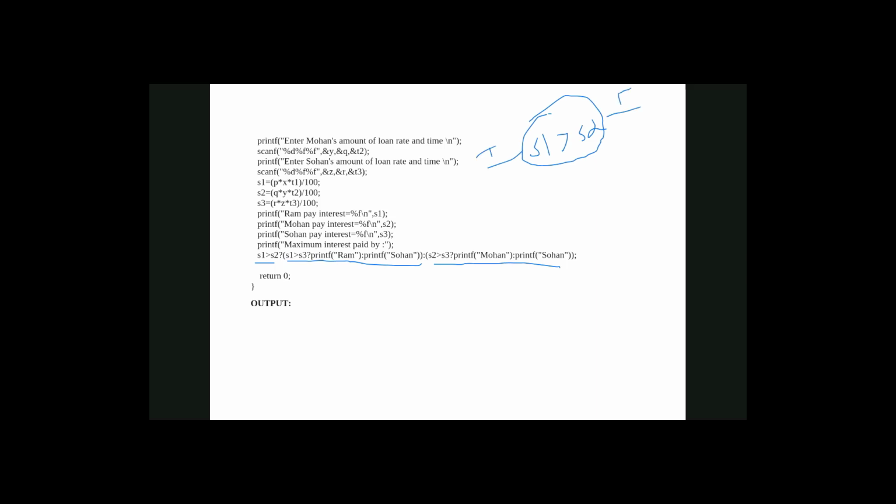If this is true, then we check if S1 is greater than S3, the second condition. This is the true part of the condition, and this is the false part. If this is false, then our condition is S2 greater than S3.